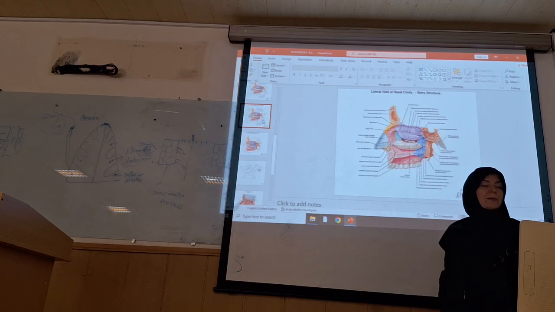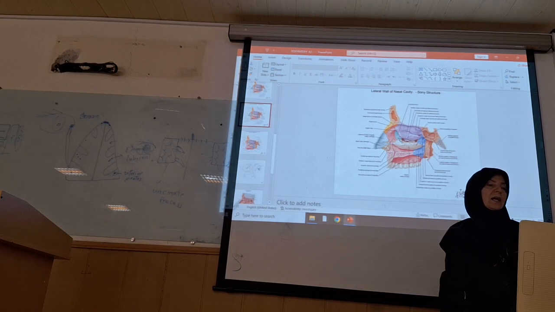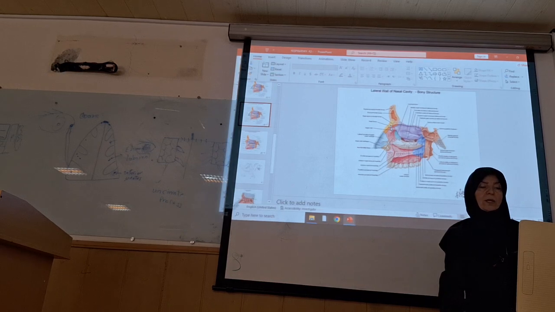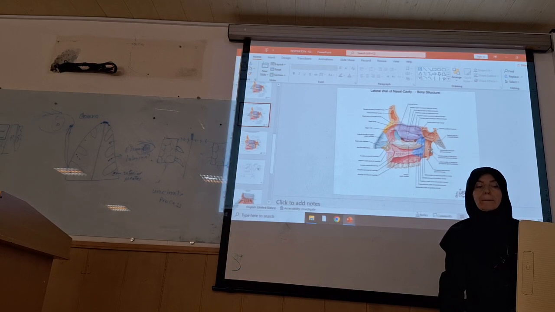Now, in this picture, you are going to look at the lateral surface. Again, remember the maxilla. What's the name of this green color? Lacrimal. This purple color: ethmoid. This white color: concha nasalis inferior. This blue color: palatine. And here, this brown or yellow color is going to remind you of the medial plate of the pterygoid process that